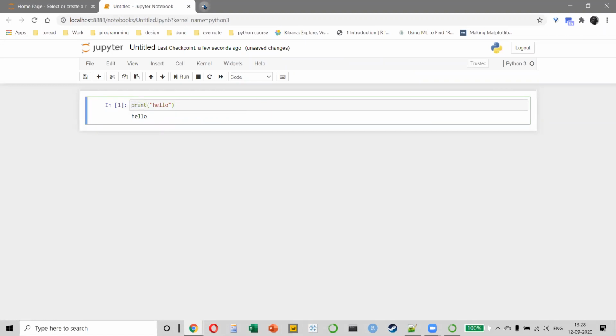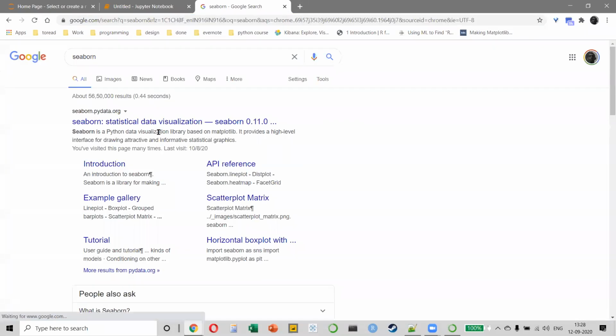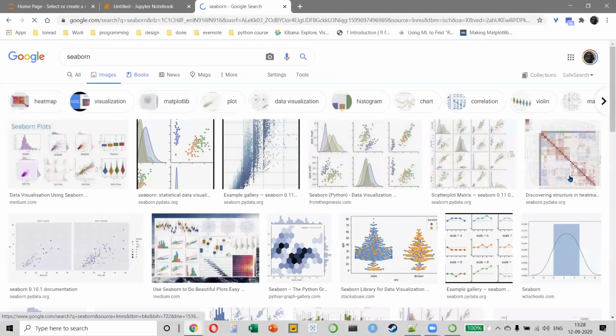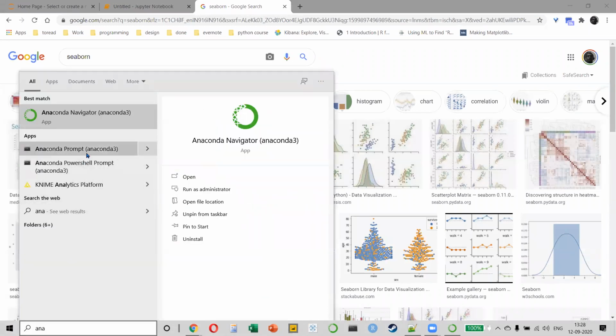But I'm sure all of you might want to create some visualization, let's say using Seaborn. But when you want to use Seaborn to create these charts, the problem is that Seaborn has to be first installed on your computer. And how do you do that? You will click on Anaconda prompt, right? And in this, you will first have to install the package.